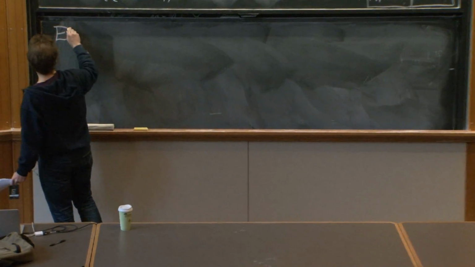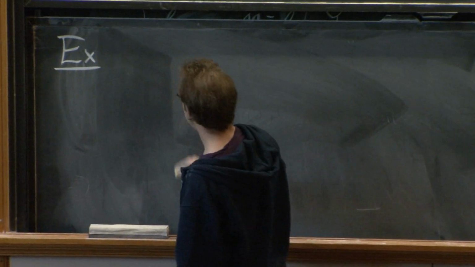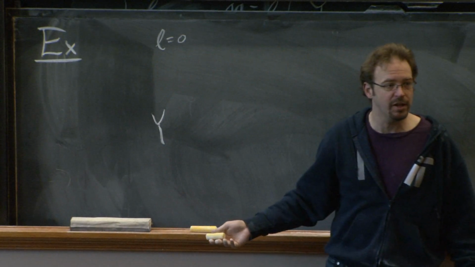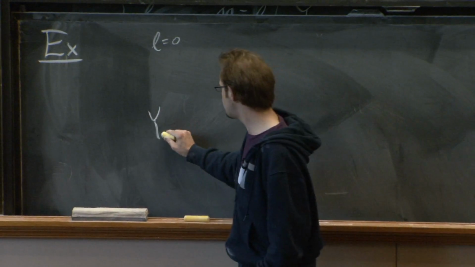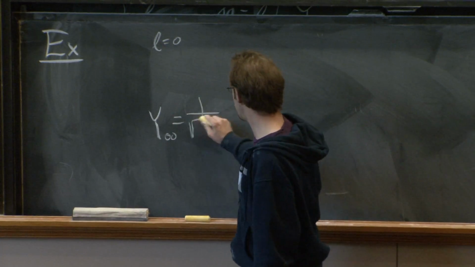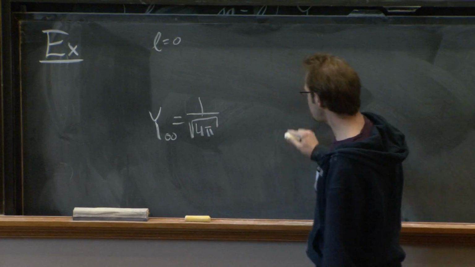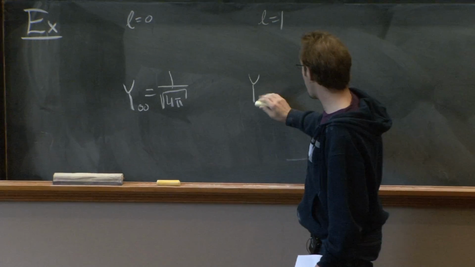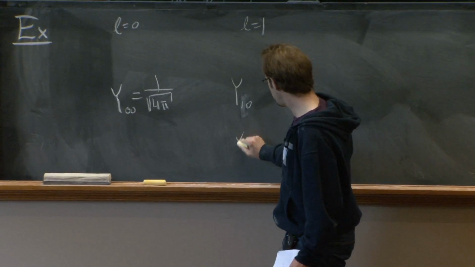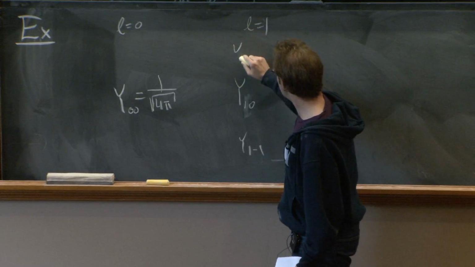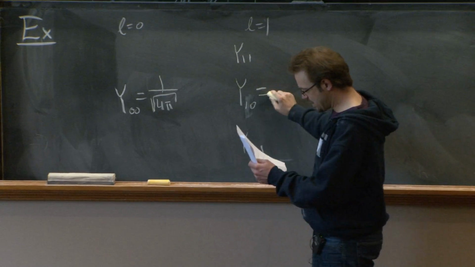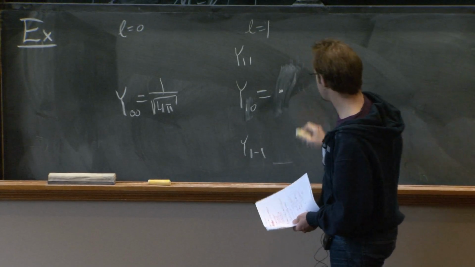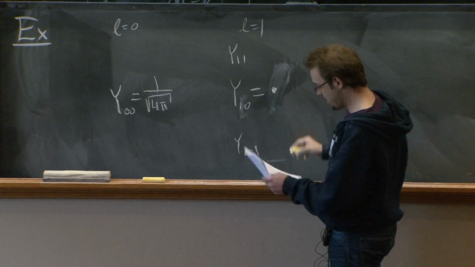So just to tabulate a couple of examples concretely, consider the L equals 0 states. What are the allowed values of m for little l equals 0? Zero. So Y0,0 is the only state, and if you properly normalize it, it's 1 over root 4 pi. Okay, good. What about l equals 1? Then we have Y1,0, and we have Y1,minus 1, and we have Y1,1. These take a particularly simple form. Root 3, I'm not even going to worry about the coefficients. They're in the notes. You can look them up anywhere. Times